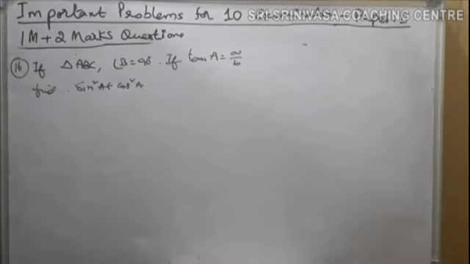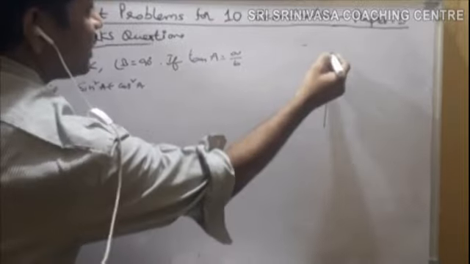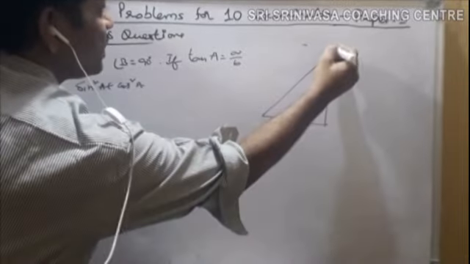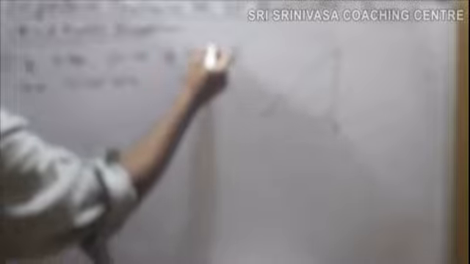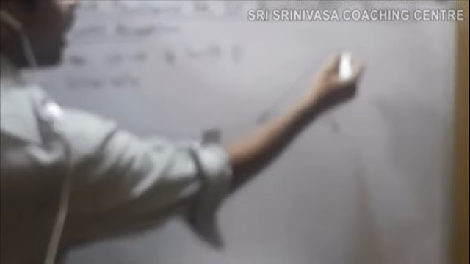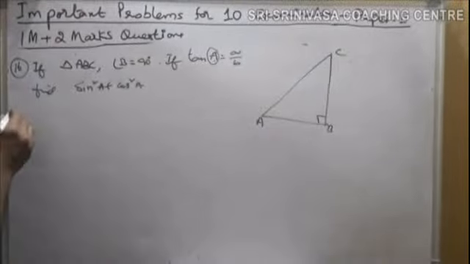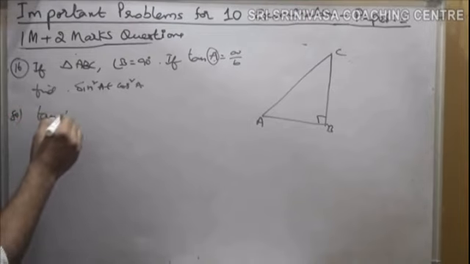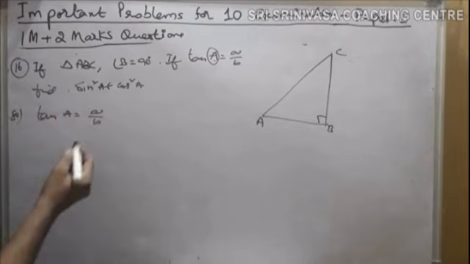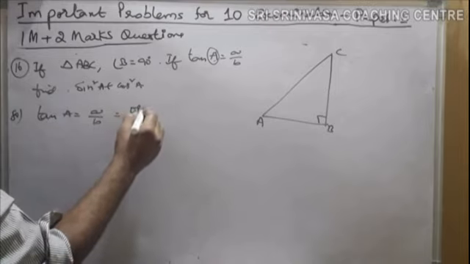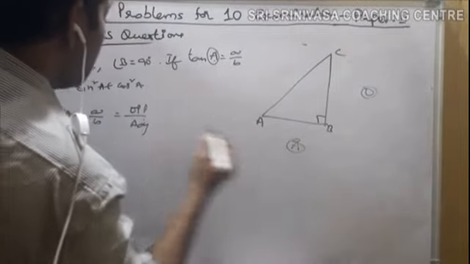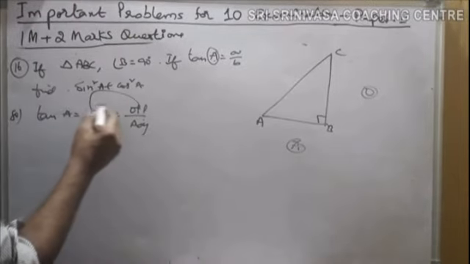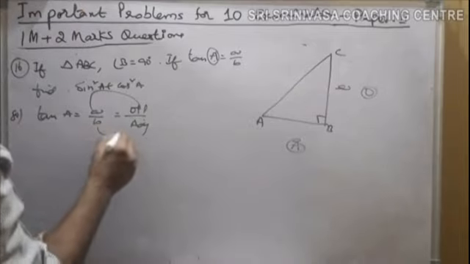In this question, it is given that in triangle ABC, angle B is 90 degrees. So let us take one right angle triangle. In this triangle, the angle B is 90 degrees and tan A. Here the angle is A. So let me take A here and here it is C. Now given tan A equal to A by B. So tan theta nothing but opposite by adjacent. So already we know this is opposite side, this is adjacent side. So according to the question, my opposite side is A, my adjacent side is B.